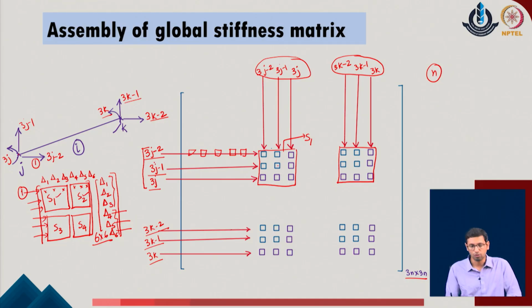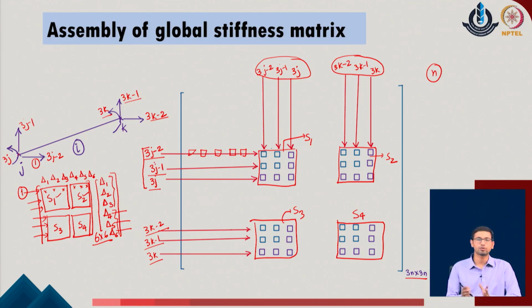So, what I will do now, I will place this S1, which is the 3 cross 3 matrix, in this position, S2 I will be placing over here, S3 will be placed at this position and S4 will be placed at this position of the given system, right. So, by placing it, it is a very simplistic system, one can easily understand it, but we must also realize what is the meaning behind it.